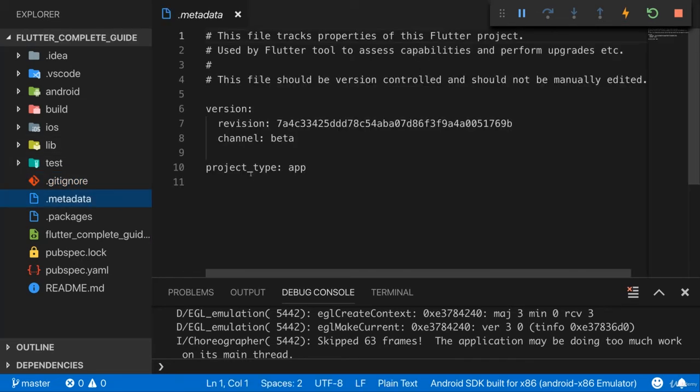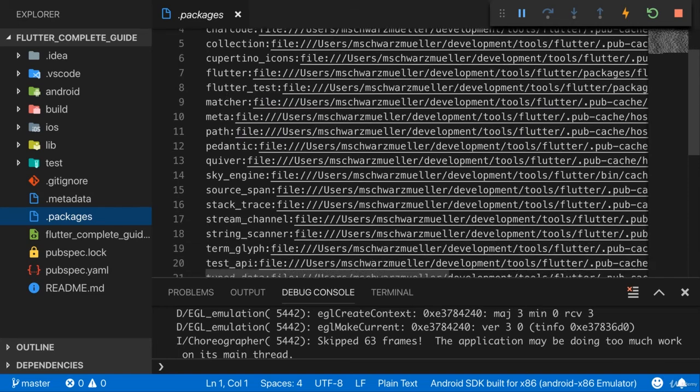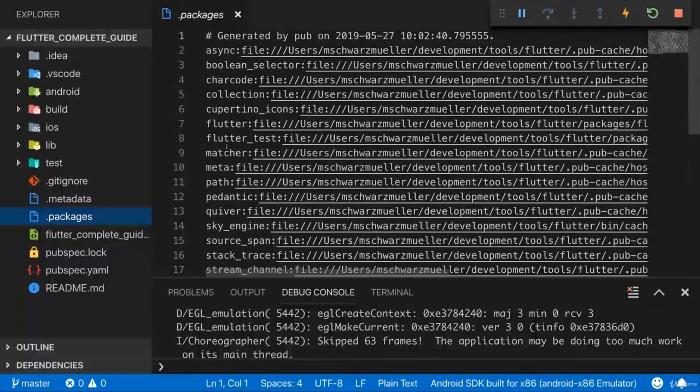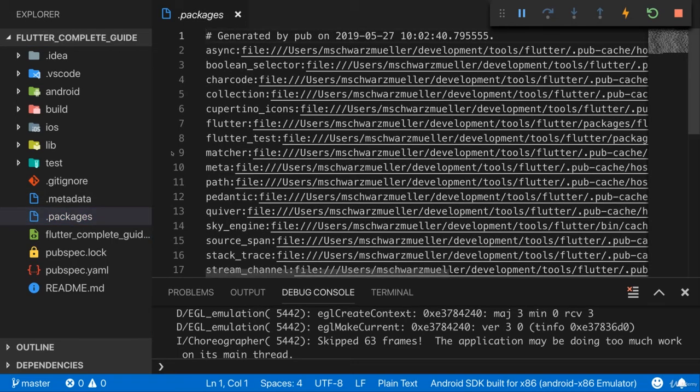The metadata file is not really a file we will work in. It will be managed automatically by Flutter. In the end, the Flutter tool simply saves some information in here, which it needs to build our application correctly and so on. The same is true for the .packages file. It's not a file we'll do any work in. This is generated automatically by the Flutter SDK. And in the end, this also just manages some internal dependencies, some packages this project needs, and it is fully managed automatically. You should not delete it, but you also shouldn't work in it.